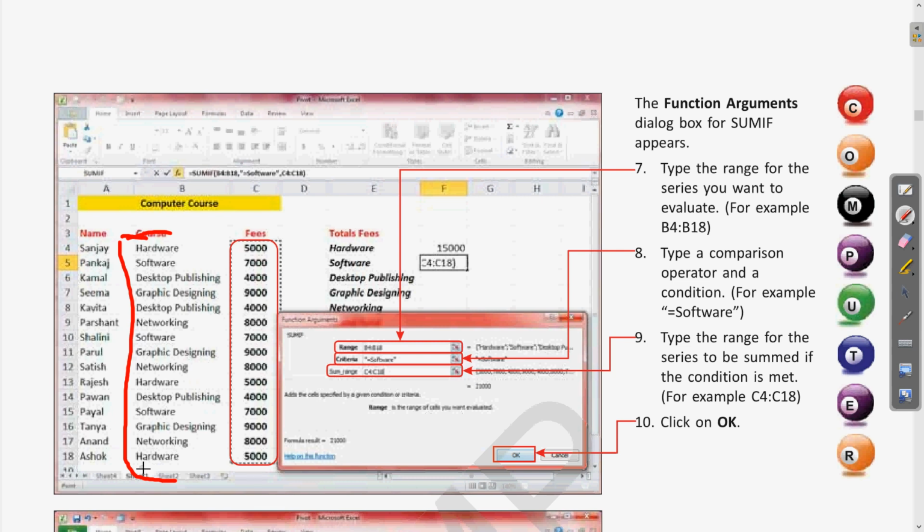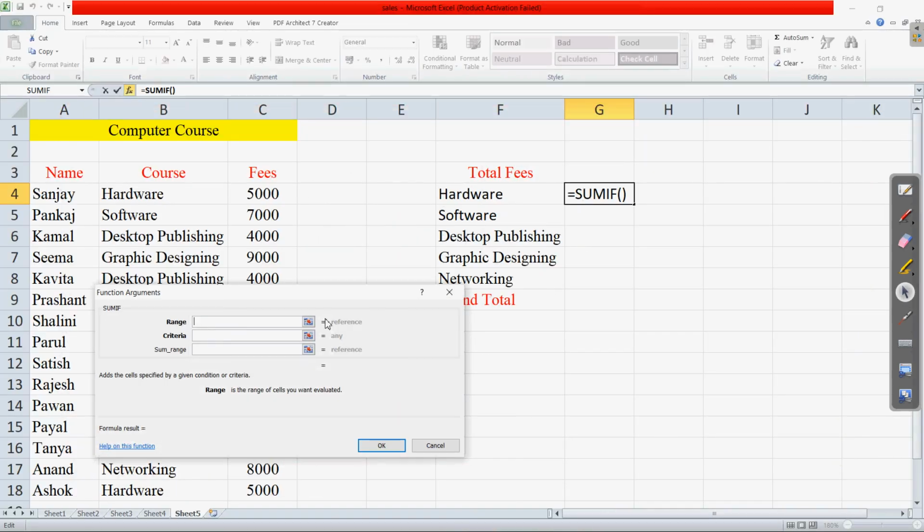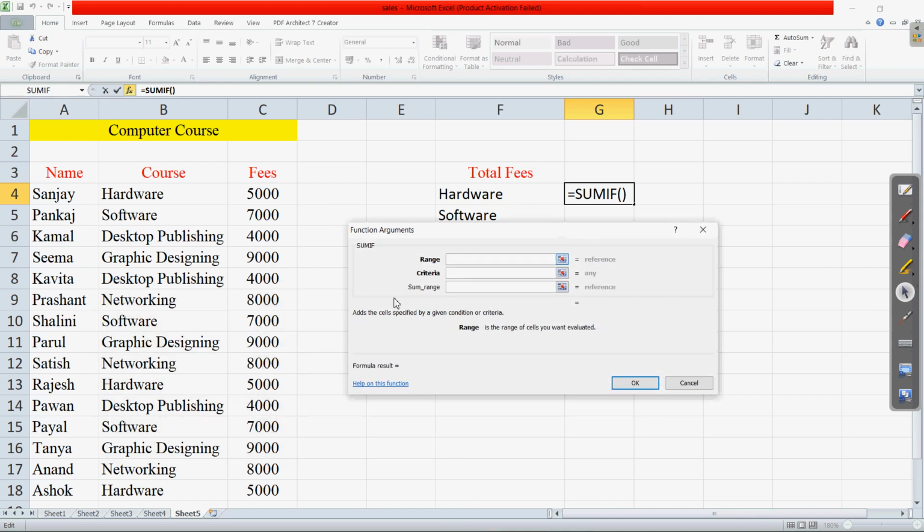Clear? Why B4 to B18? Because we are going to apply this criteria on this column, that is on the course. Okay, let us come again and choose that thing practically. So if we come here, what will be the range here? The range will be, let us bring it here, in the course column.